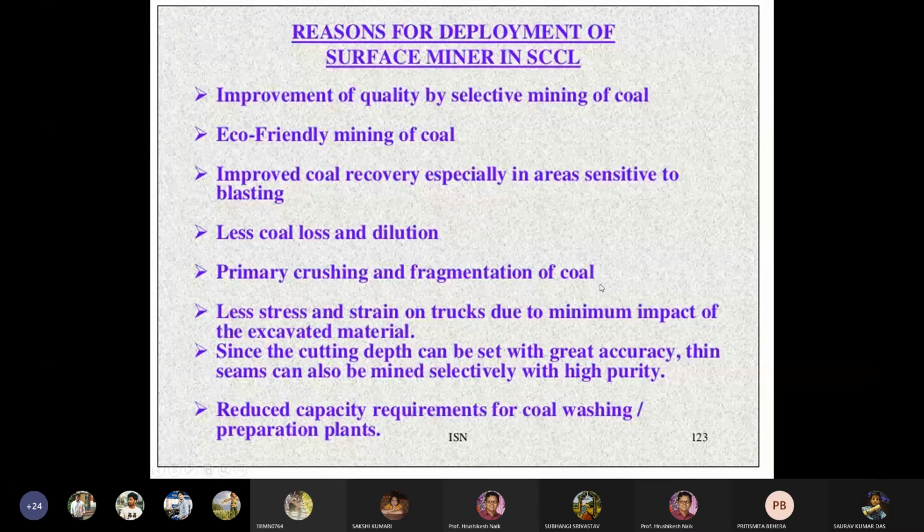Primary crushing fragmentation of coal is better. Less stress and strain on trucks due to minimum impact of the excavated material. Since the cutting depth can be set with great accuracy, thin seams can also be mined selectively with high purity. Reduced capacity requirements for coal washing and preparation plants.